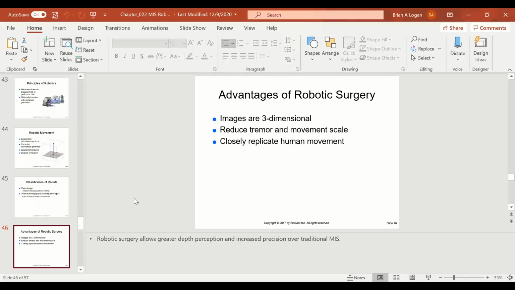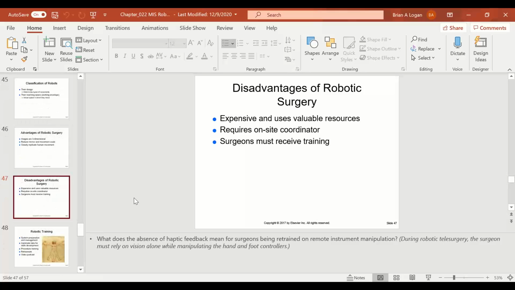It takes that away because now you're just controlling the robot arm and it's just doing what you tell it to do, right? And it also closely replicates our own movement and what we do with our own hands and how we manipulate tissue. That's a really good advantage of the robot, but the disadvantages,